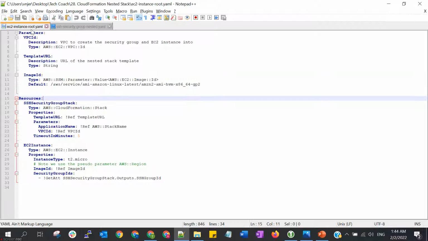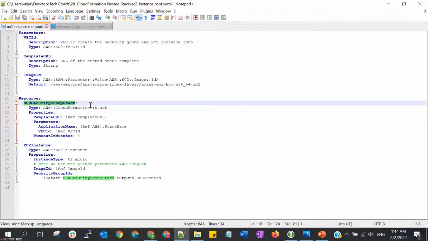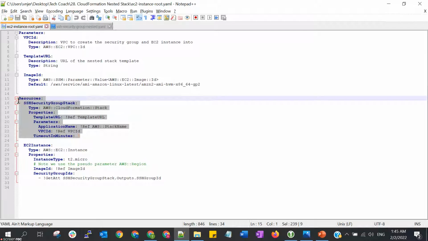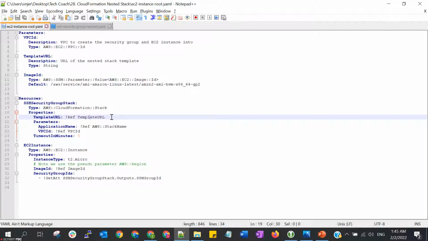The resources that will be created from this root stack: the first one is the security group, and this security group is calling the nested stack because we can see the type is AWS::CloudFormation::Stack. So this is our nested stack, and we get the template URL for this nested stack from the parameter.